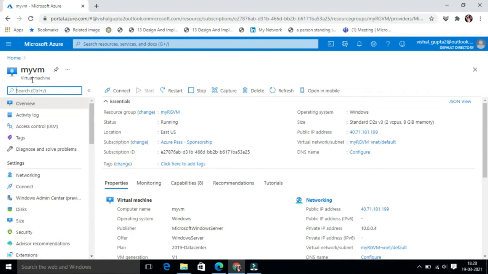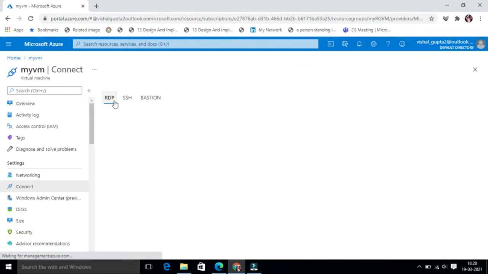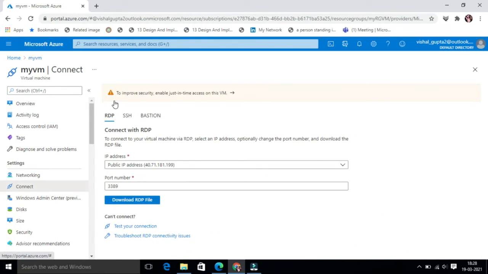Here, this is our virtual machine which we have created, and I will click on connect and click on RDP. And here we will see the details of the IP address and port number, and click on download RDP file.